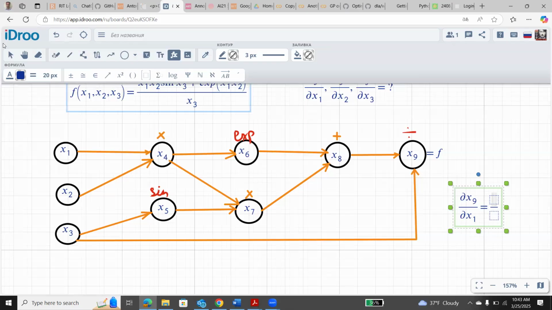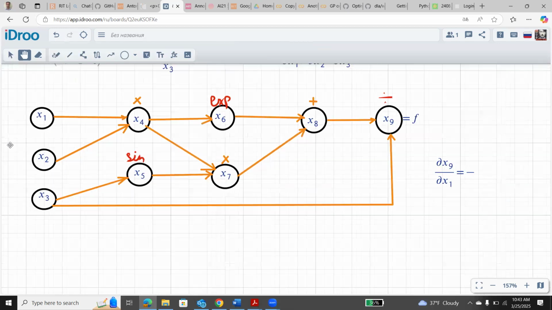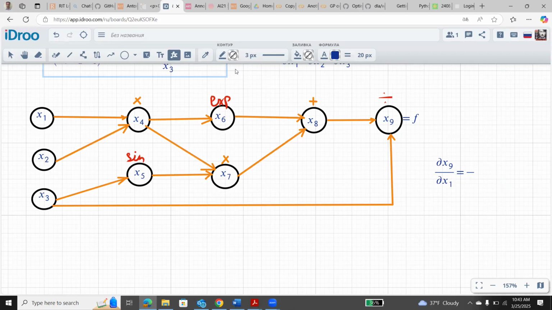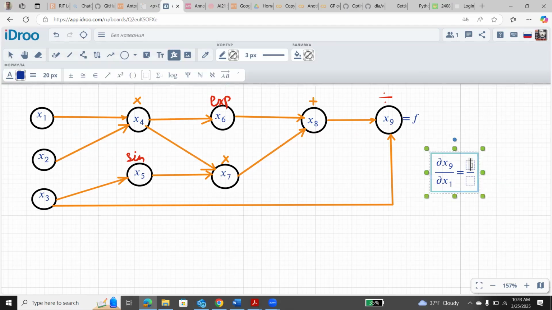So it will be the derivative of x9 with respect to x3, times the derivative of